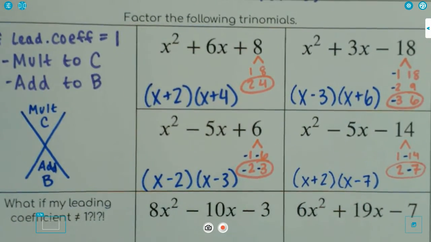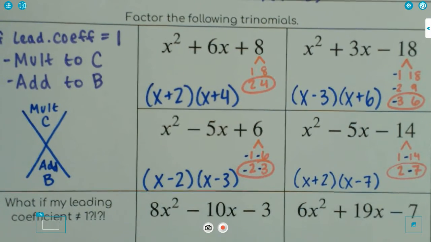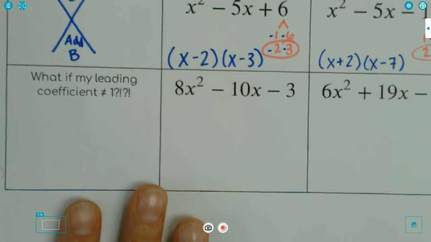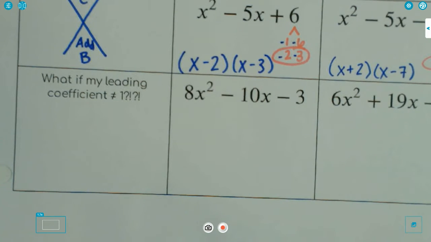Okay. Here is the one last thing that we're going to do today. This all works fine and well if our leading coefficient is equal to 1. If our leading coefficient is not equal to 1,